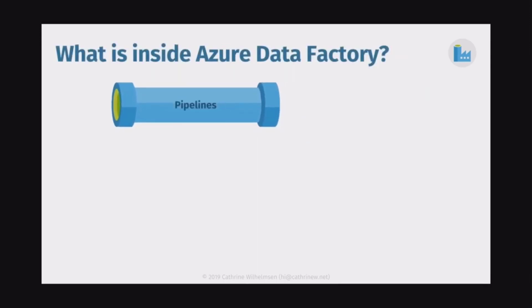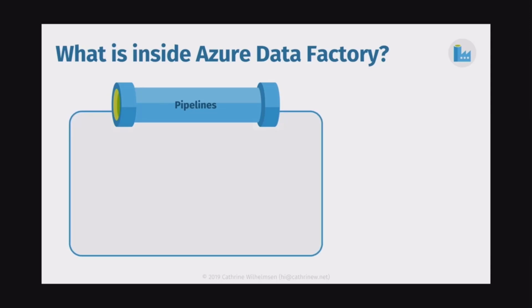So now you have that complete tool in the cloud that you can use. So inside of Azure Data Factory, the pipelines are kind of the core. That's where you do your job. And the pipeline is basically just a grouping of different activities. So activities are the specific things that you do. It can be things like copy data or execute a task in another location or run a data flow. Lots of different activities in there.